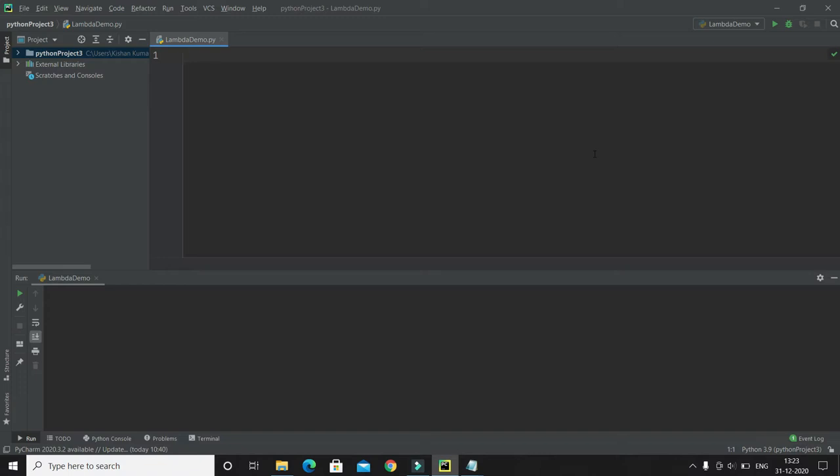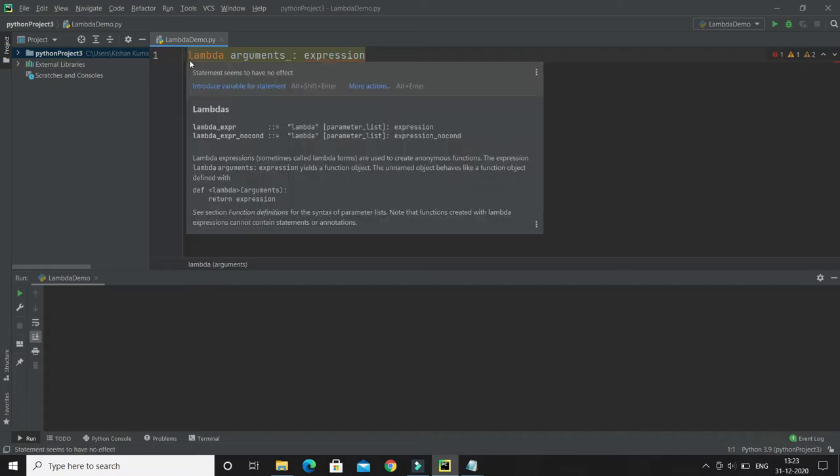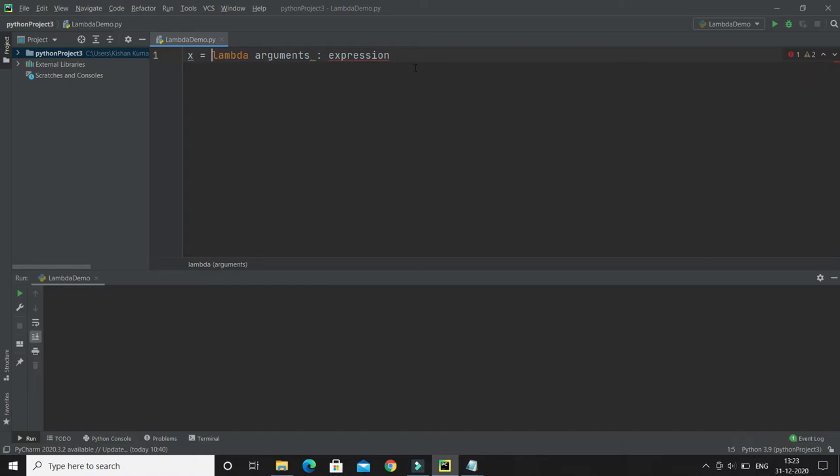When we talk about the syntax of lambda expression, you have to write lambda keyword, and after that you have argument. So of course you can have one and many arguments, and after that you have to give the colon and expression. You have an expression that will be executed, and of course this has to be assigned to some variable, let's say x. So that's how basically we define our lambda expression, right? This is the general syntax. So the expression is executed and the result will be returned. That's how basically a lambda expression executes.